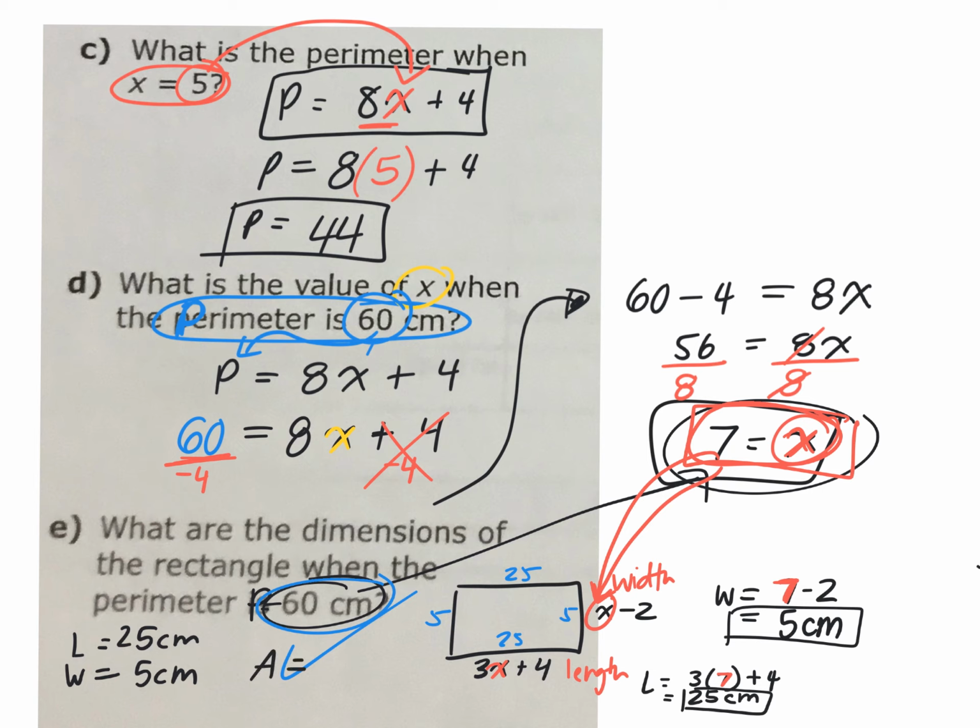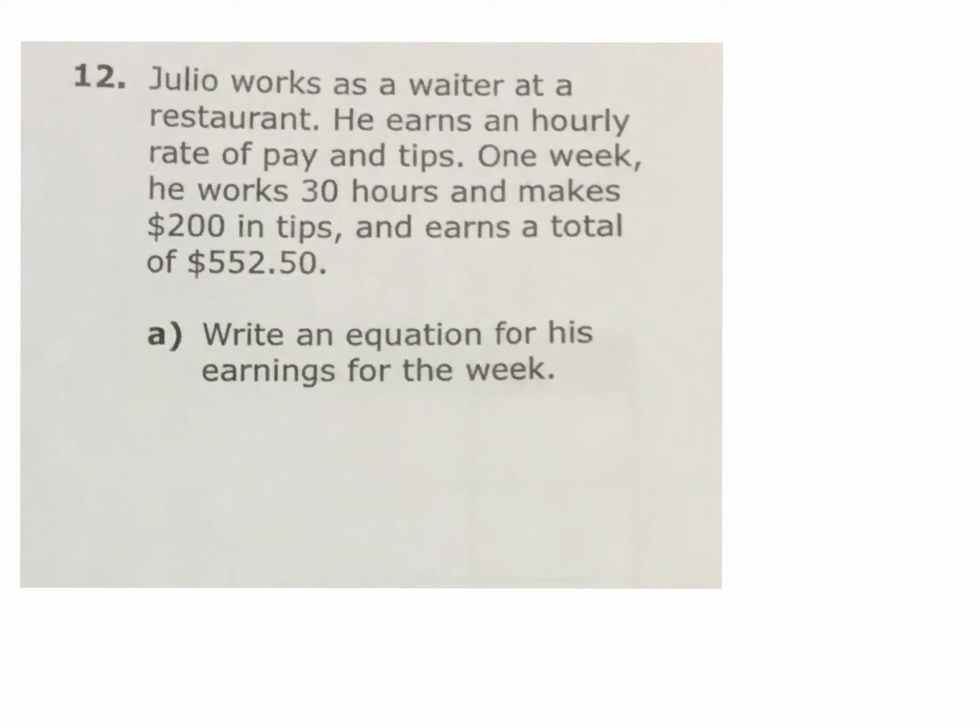How do you find the area of a rectangle? Length times width. So what's the length? 25 times 5. What's the area? 125 centimeters squared. Okay, so he's working at a restaurant and he earns an hourly, underline this, hourly rate of